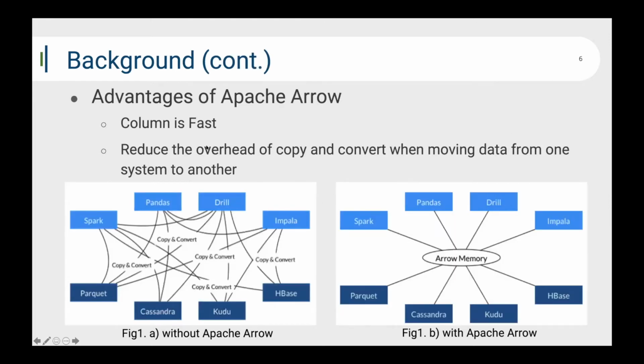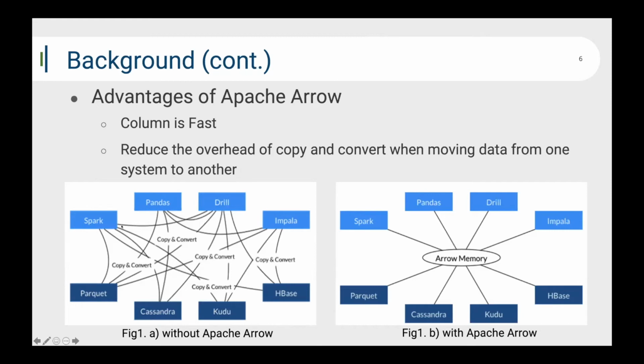You can find a lot of information and use cases on its website. Here are some advantages of Apache Arrow. First, column is fast. With a column format, it allows computational and execution engines to maximize efficiency when scanning large chunks of data. It also enables vectorization using SIMD operations. Second, with Apache Arrow, it could reduce the overhead of copy and convert when moving data from one system